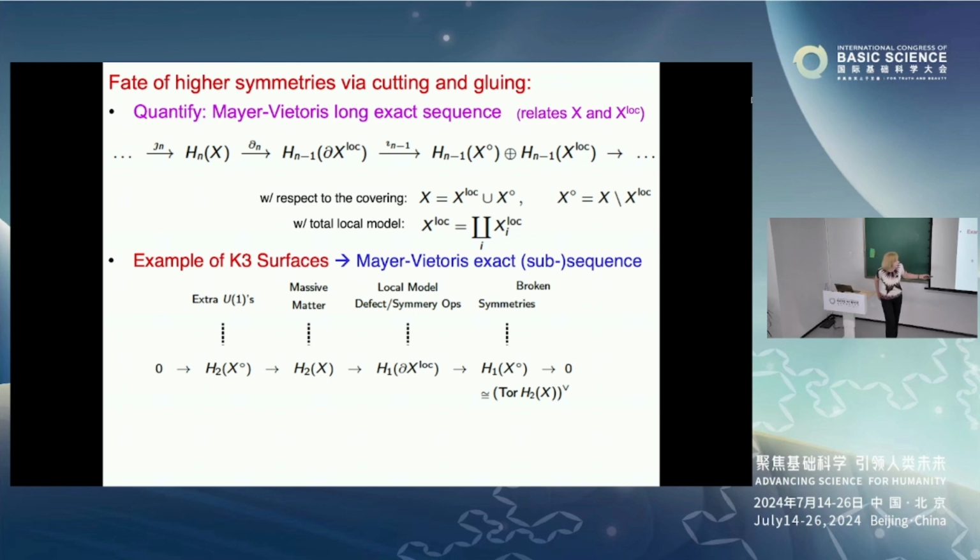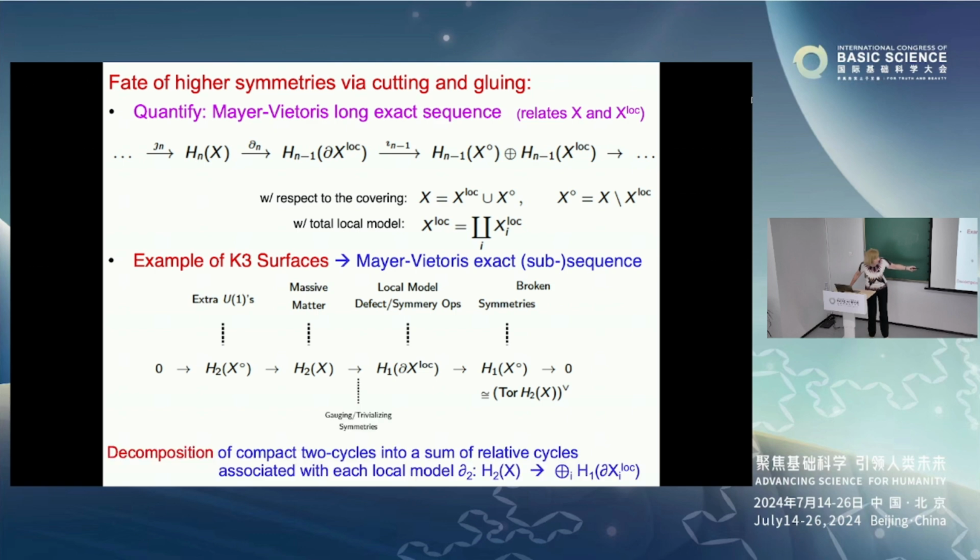But then, because defect and symmetry operators in those low dimensions are associated with the same type of homology, in the local case we can trace what the original local model defect and symmetry operators are. So this element basically tells us what happens to the defect